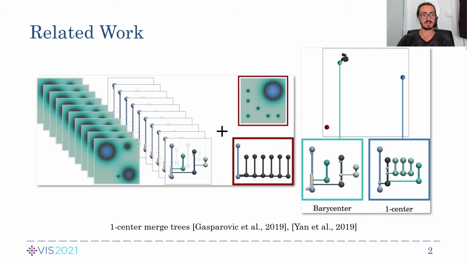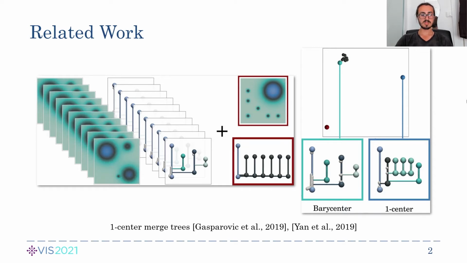of mesh trees. However, by definition, one centers are sensitive to outliers, like we can see here. We took 10 noisy versions of the same scalar field, and we had one outlier. In contrast, we introduced in this paper barycenters of mesh trees that minimize the sums of distances and which consequently better capture overlay chains in the ensemble.